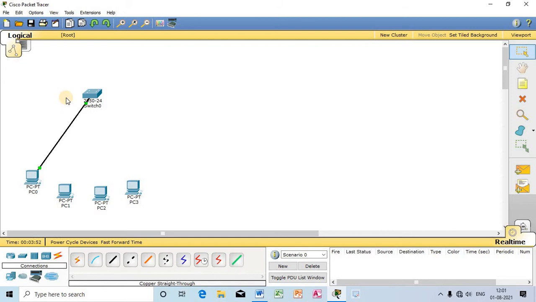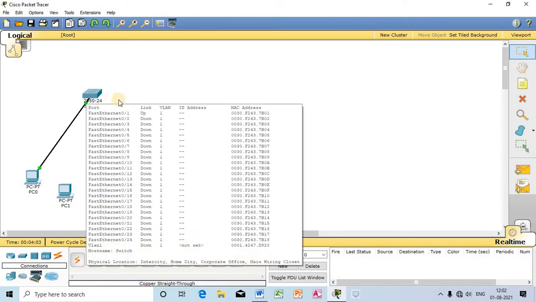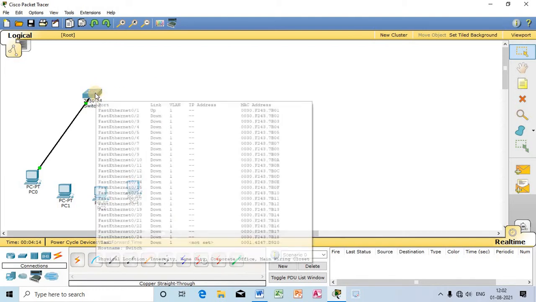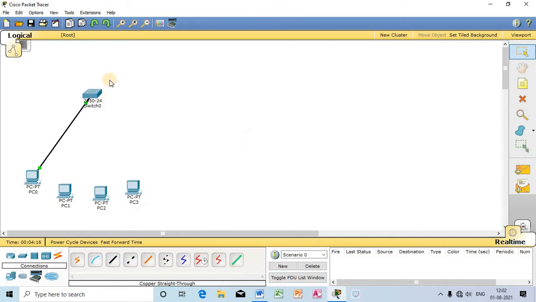So when I first connect the cable to the switch, initially the color will be orange until the MAC address gets registered successfully in the MAC table of the switch. After the successful registration of the MAC addresses in the MAC table of this particular switch, the orange color will turn to green. Let us observe.